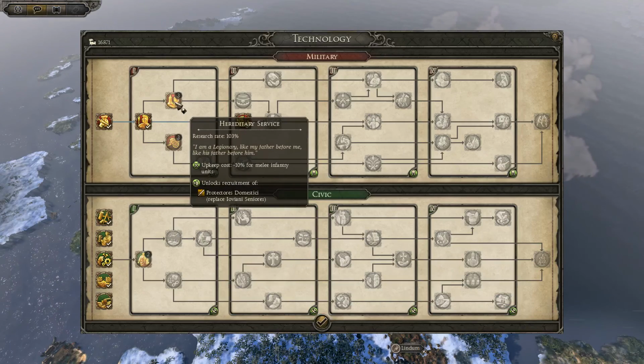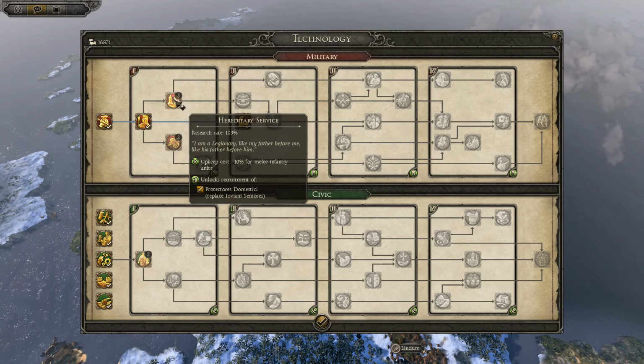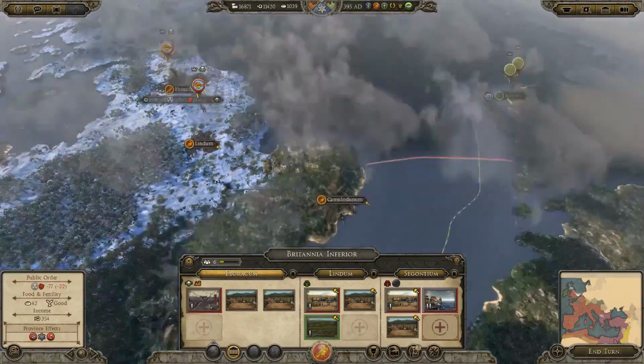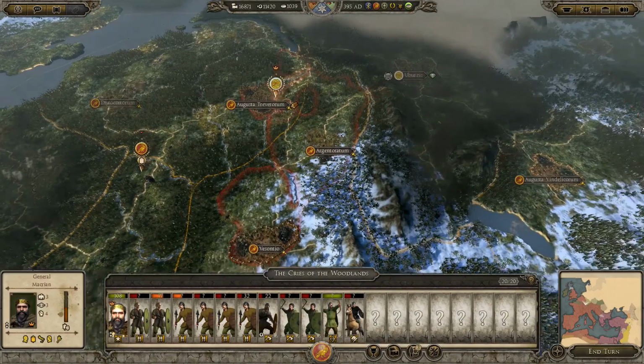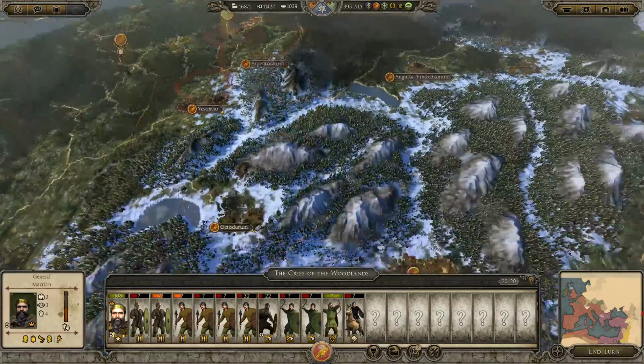And what we're going to do next is we're going to go for hereditary service, not so much for the upgrade, but more for the minus 10% upkeep for melee troops. And the next thing I want to try and do is, you're actually the elements. Where was the...